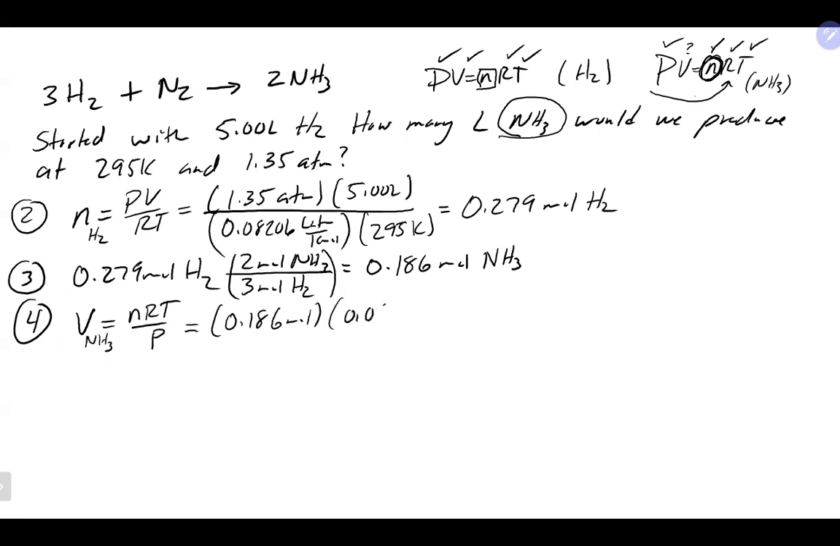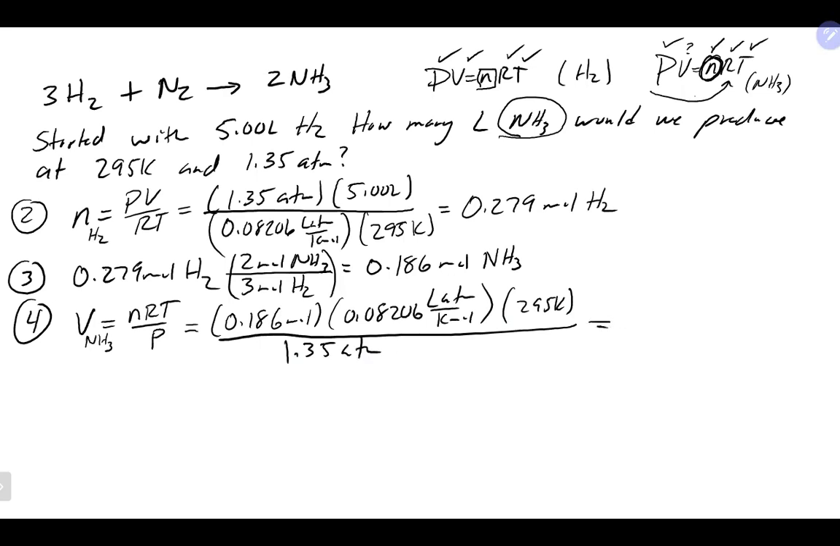Our R, 0.08206, and our temperature, 295, all divided by 1.35 atmospheres. Everything cancels out except for liters, which leaves us our volume that we're looking for. And in this particular case, we end up with about 3.34 liters of NH3. So this is a stoichiometry problem involving gases where you could use the ideal gas law